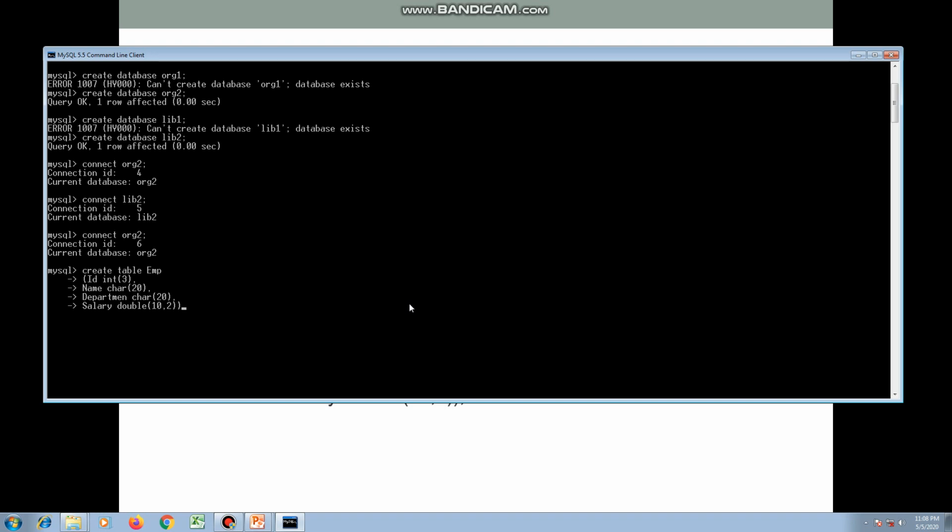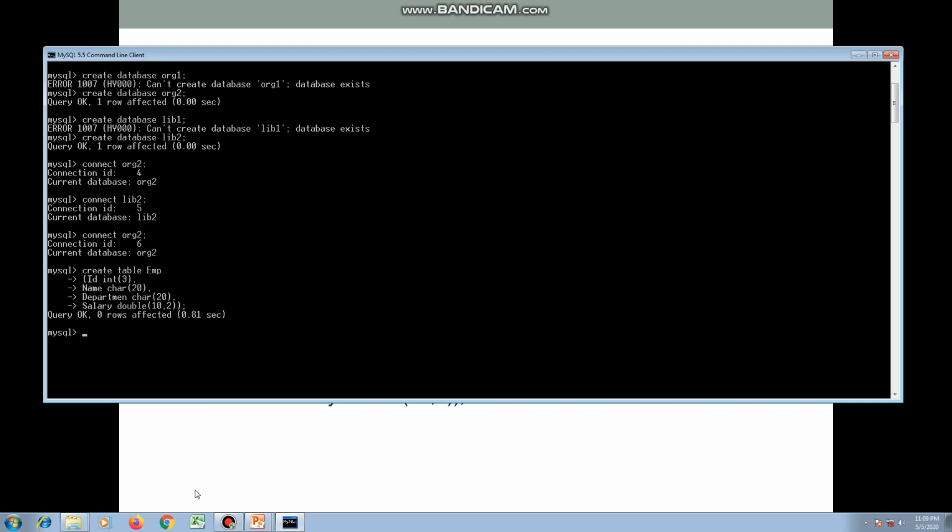Out of these 10 digits, 2 digits are actually separated for fractional part and 8 digits are for non-fractional part of the entire real number. Semicolon, enter. So in this way we have created a new table, and the name of that table is EMP. Columns are ID, name, department and salary, and data types are integer, character and double.